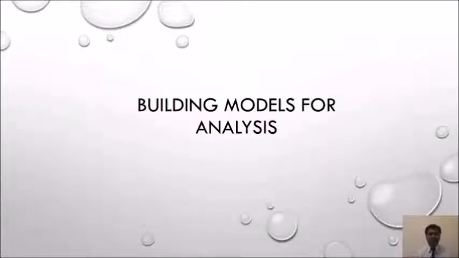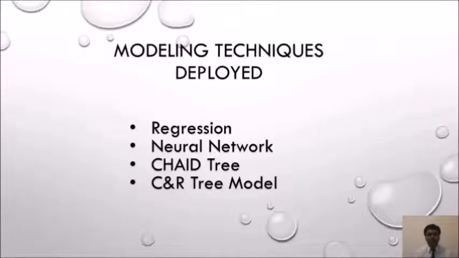Hello everybody, my name is Chamadiya, and let us now move on to the crux of our project, which is building models for analysis. We've seen how our variables, the diabetes percentage, the obesity percentage, and the leisure time physical inactivity percentage, vary state-wise, county-wise in the US, and year-wise. Let us now try linking and relating them by building models. In this project, we built 4 models: a regression model, a neural network, a CHAID tree, and the CART tree model.